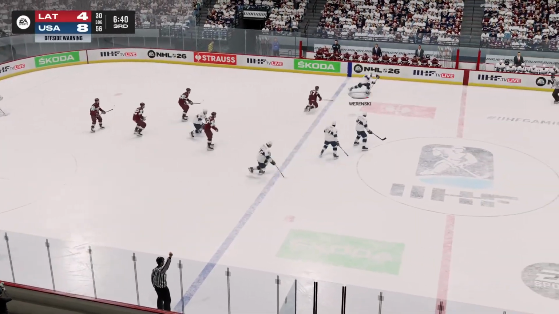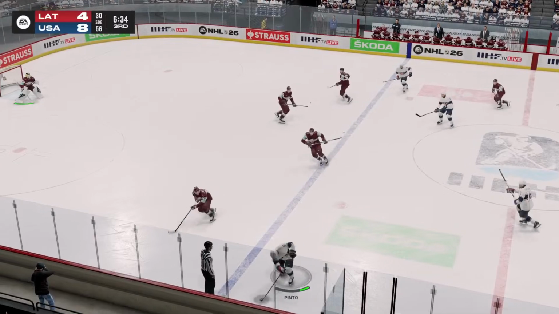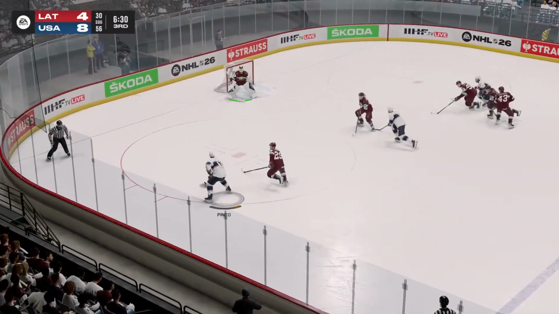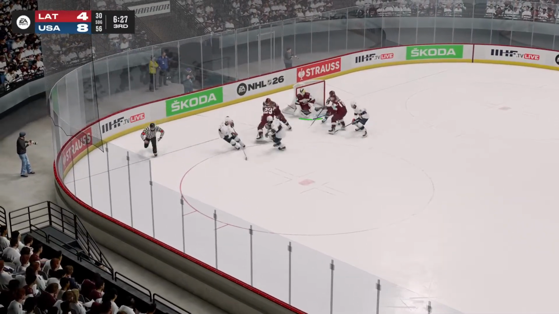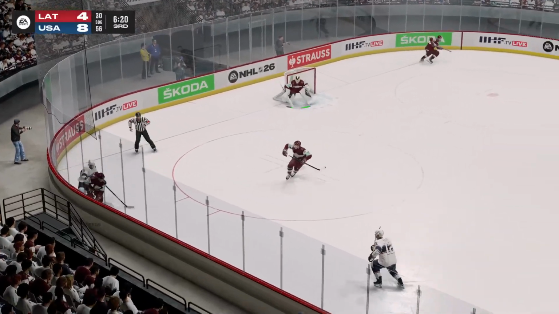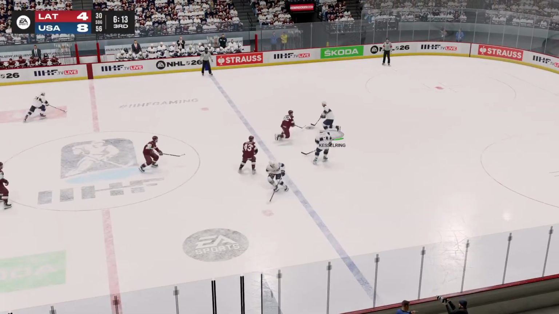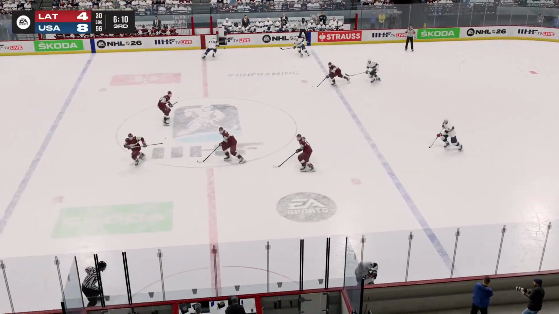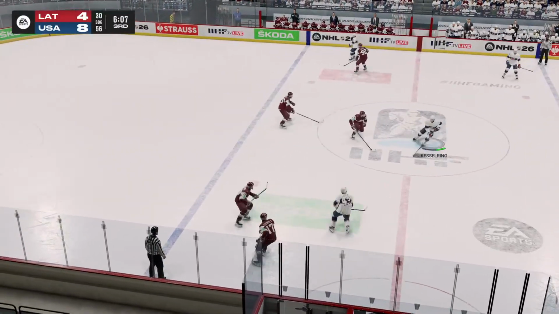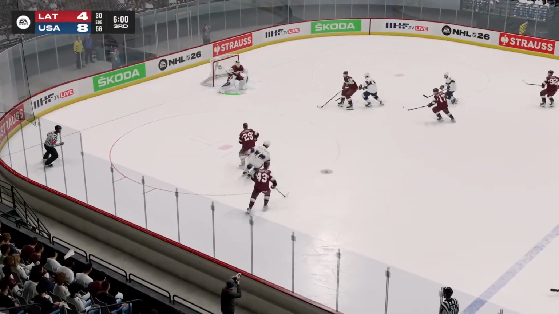Doan now feeds it out to neutral ice. Team USA has to tag back up. Pinto now for the Americans. Goes wide. Centering pass off of the stick of Kesselring. Floats in on net and away to the corner. Freibergs gets it out. Latvia brings it through center. United States takes it right back away. Just over 6 minutes to go here in the third. 4-goal game for the United States.